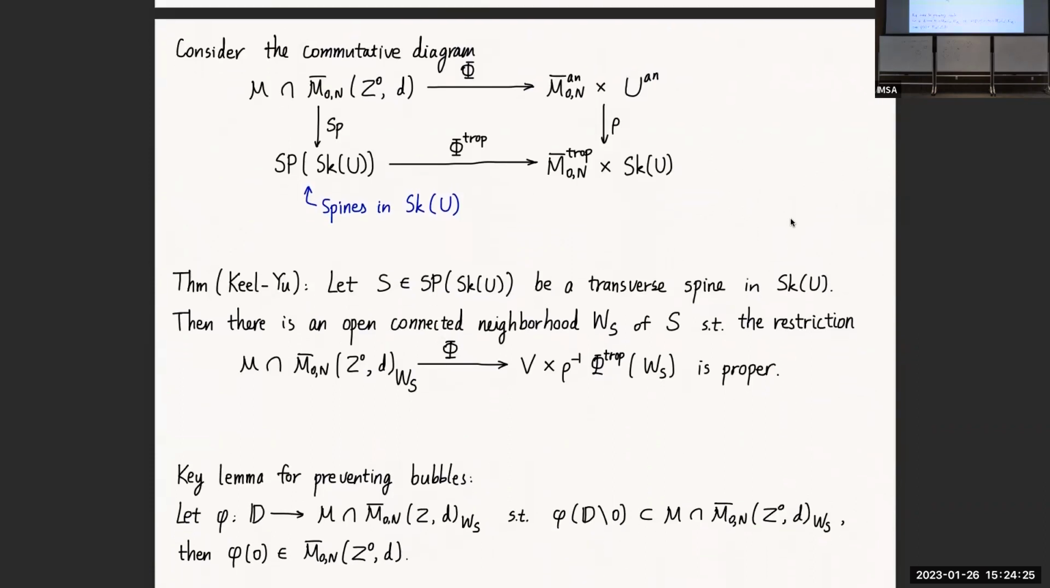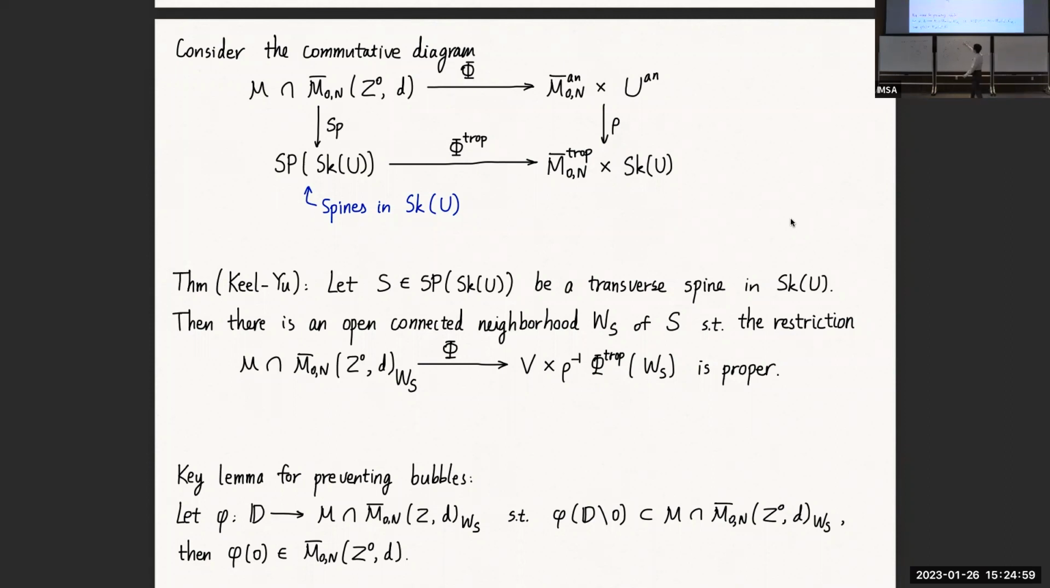So the real concept behind the theorem is the elimination of bubbles. And the key lemma for preventing bubbles is the following. Take any map phi from this to this moduli space, restricted to WS, such that the image of this punctured disk